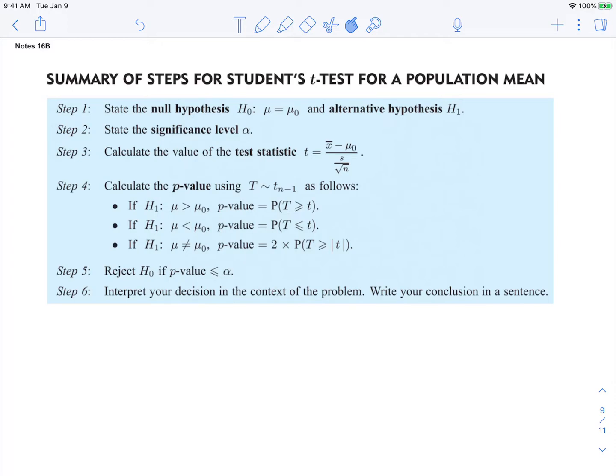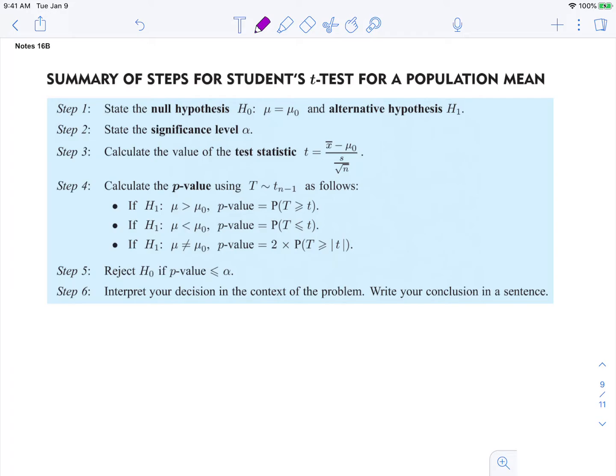Okay, we're going to go ahead and run through the steps for the t-test and then do an example. So go ahead and pause if you need to. Step one is we want to state the null hypothesis and then the alternative hypothesis. Then state the significance level, alpha, calculate the value of the t-test, then calculate the p-value,